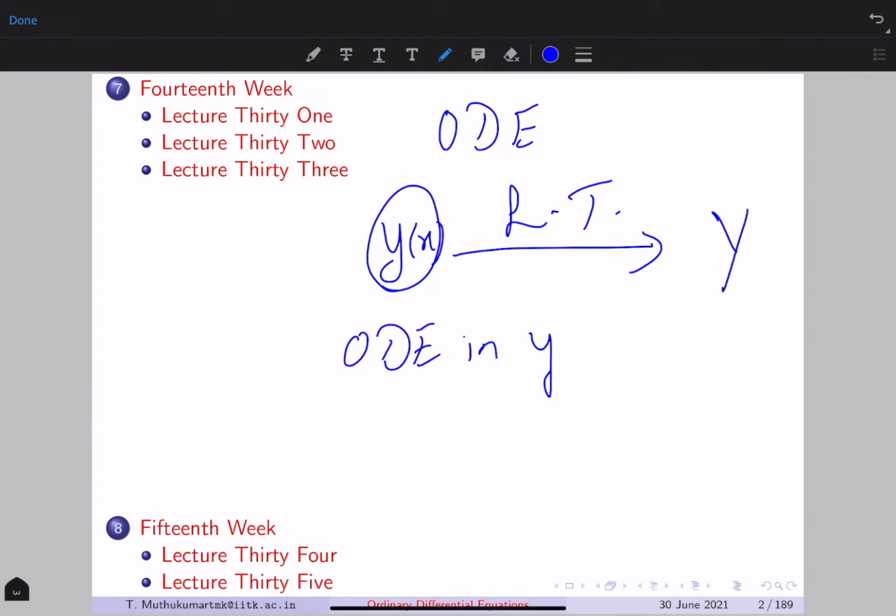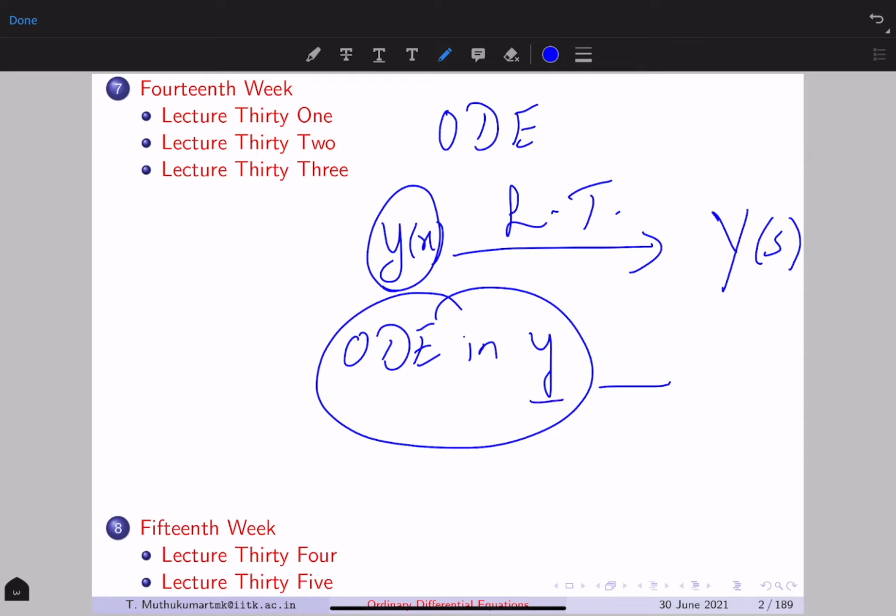If x is the independent variable, then you have a corresponding Laplace transform of the function y. The advantage of Laplace transform is that it will convert the differential equation in the function y into an algebraic equation